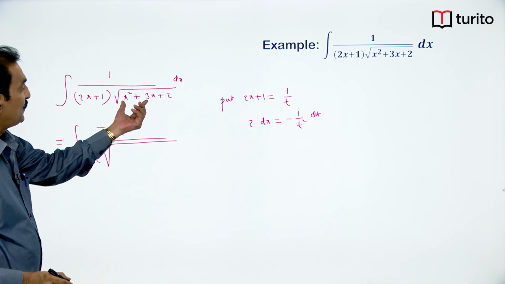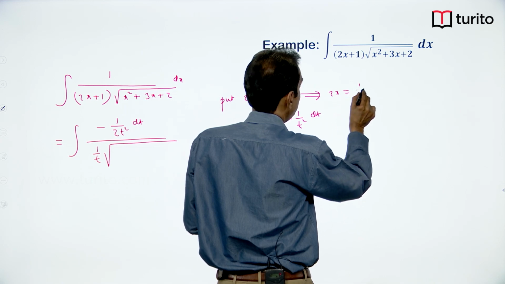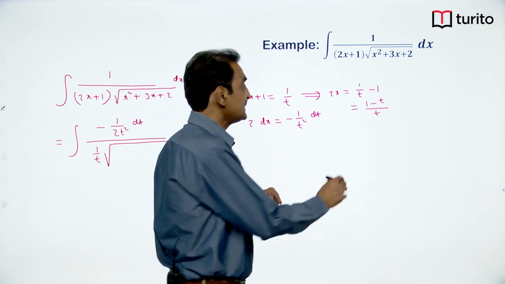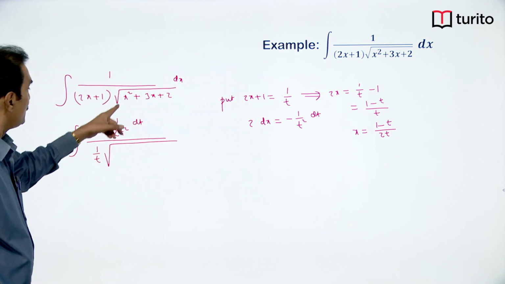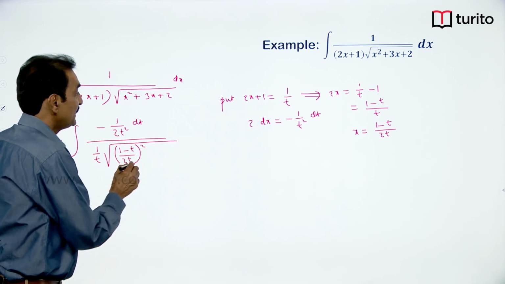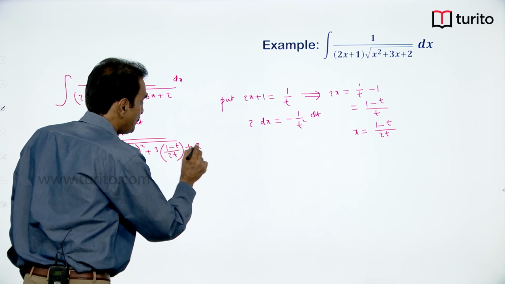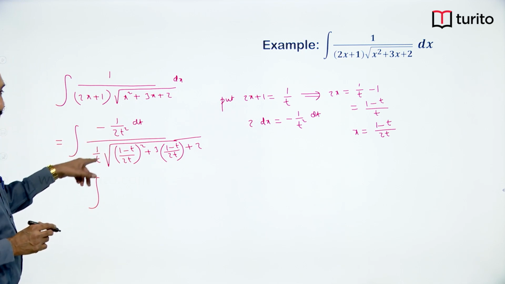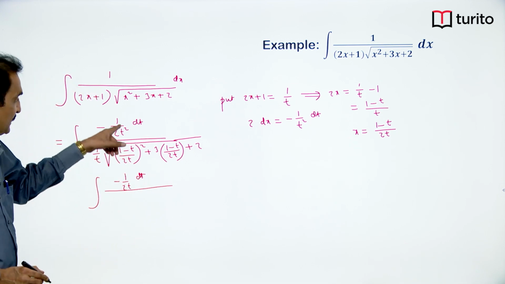into root over, what is the value of this? If 2x plus 1 is 1 by t, we get 2x is equal to 1 by t minus 1, or 1 minus t by t. Then x is equal to 1 minus t by 2t. So, substituting here, 1 minus t by 2t whole square plus 3 into 1 minus t by 2t plus 2. Let us simplify. Here 1 by t cancels, minus 1 by 2t dt by, after cancellation of 1 by t,